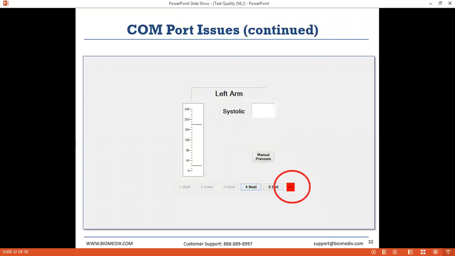The device is on a cart, and the cart is often moved room to room. So the most common explanations for the red box or the COM port error are that the device isn't plugged into the wall, the device is not turned on, so you can't see that green light there, or the cable that's connecting the device and the computer has gotten disconnected. In those circumstances, obviously what I'd recommend is reseating all of those cables, making sure the device is turned on,